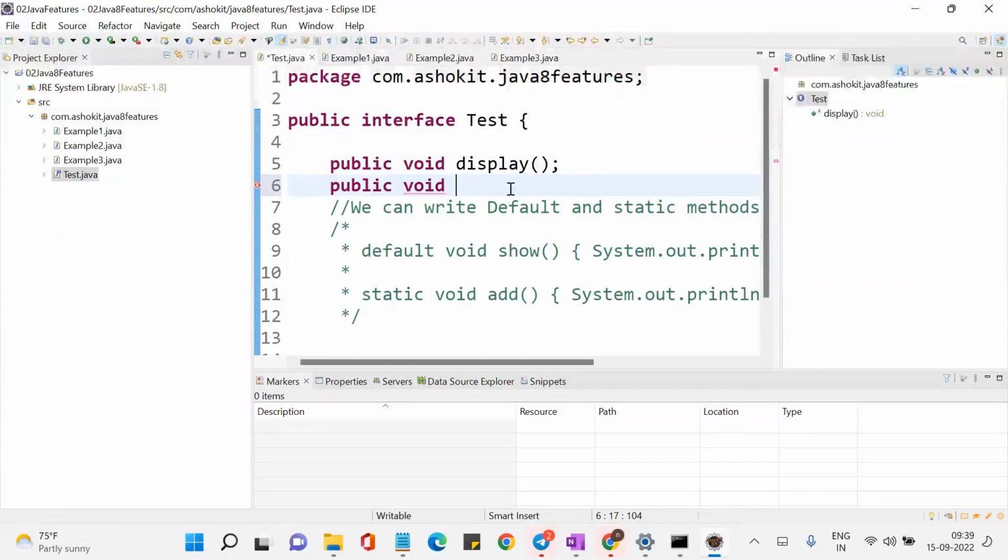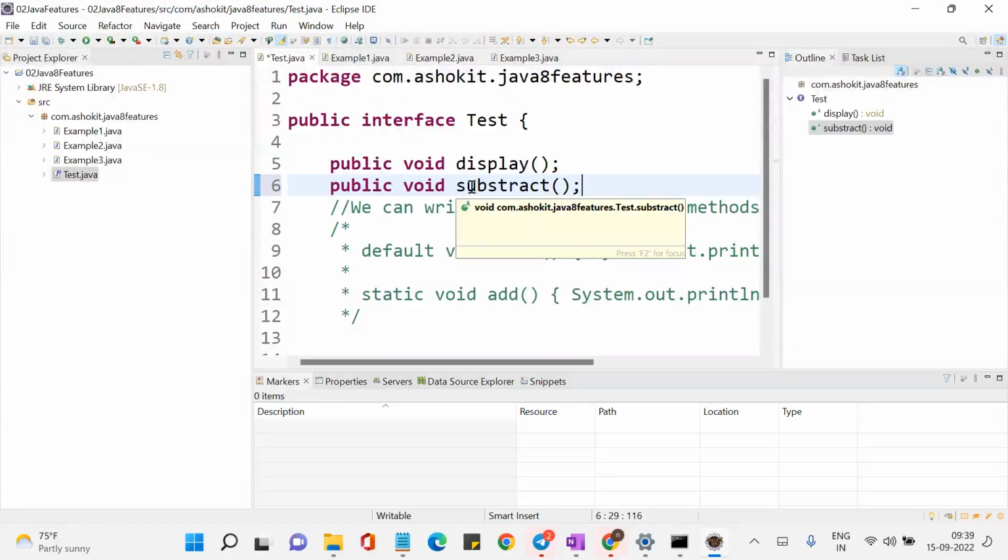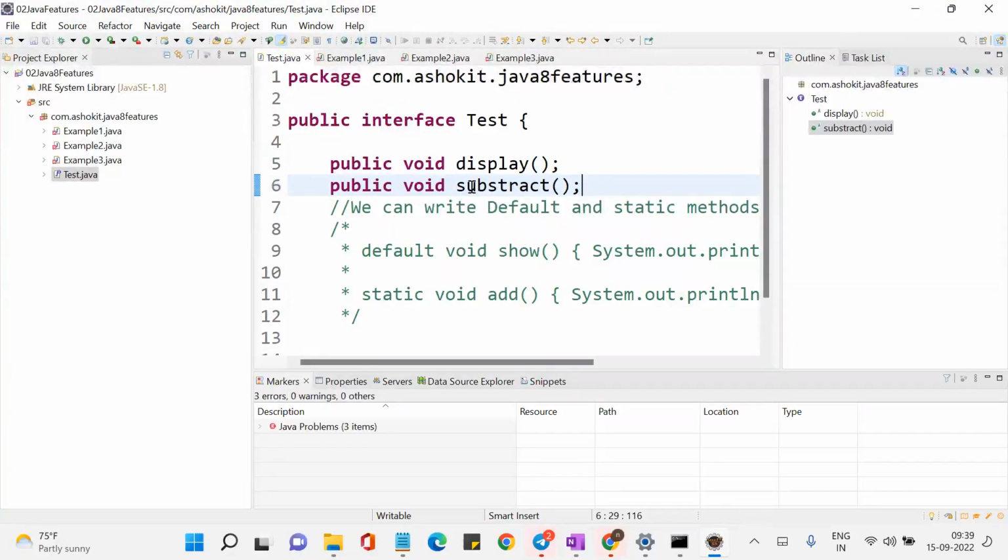Okay, let me put subtract. Now you wanted to introduce one more method. So if I add it, for example, I am the developer. Already this interface is getting implemented in all these 3 classes. Now I am trying to write one more abstract method. Whenever I save this, immediately it will throw the compilation error in all these classes, correct? Yes. So that means